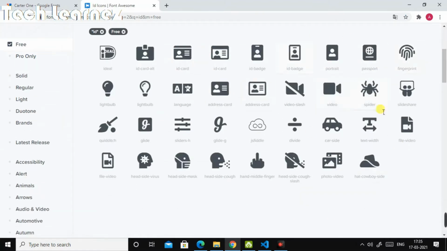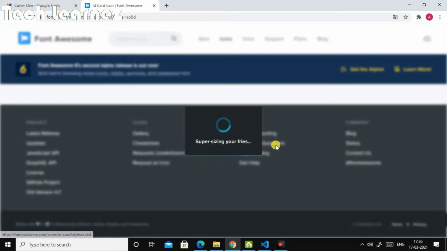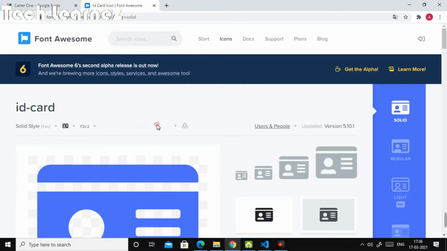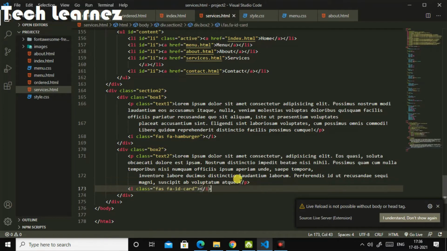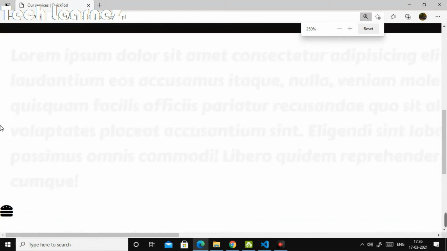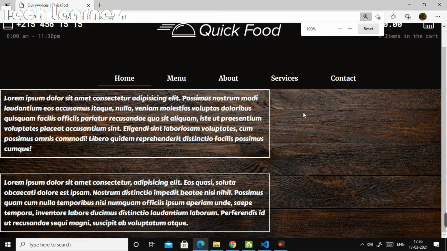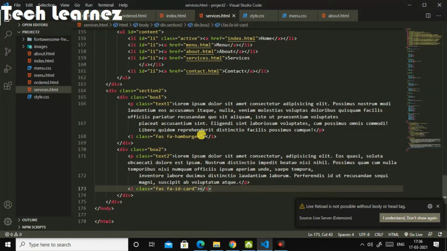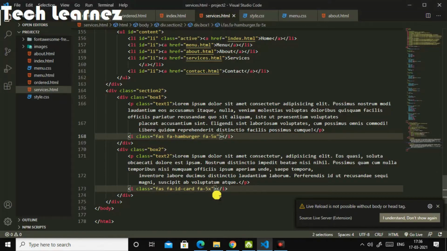Which one can we select? ID card. Yes, ID card. Then let us copy this HTML and paste it here. Now there are two icons, as you can see. I have zoomed it, as you can see here. So I will make this 5x or 5x or else